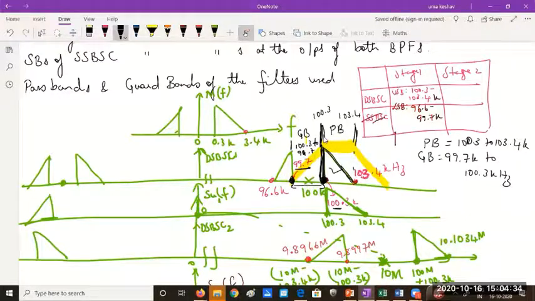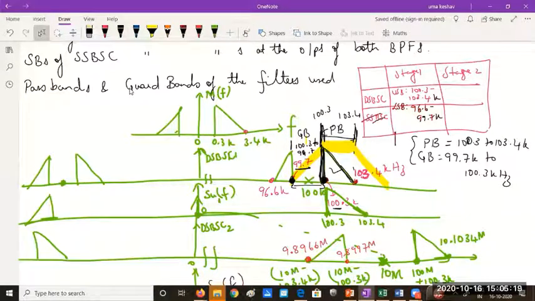The pass band is the range of frequencies which should pass this sideband. This upper sideband should be passed. So this becomes your pass band. If you draw the frequency response of the filter, you will understand. So you take a dotted line and draw it. This should be your pass band. Wherever your sideband is present, the required sideband, that should be passed. And wherever the roll off happens for the filter, I have a limited range from the beginning of the other sideband to the beginning of the required sideband. That will give you the guard band. Is that clear? So include this also in the table, and you write for stage 1 as well as stage 2, you should list all this.